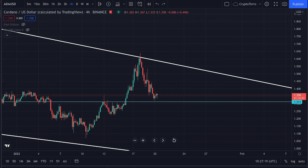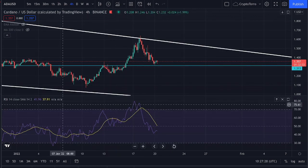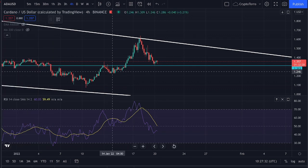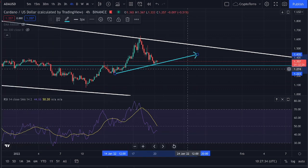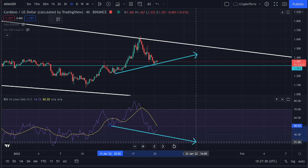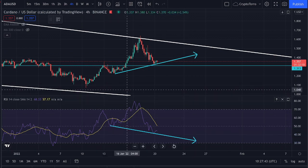Also, let's take a quick look immediately at what we are currently seeing on the RSI on the 4-hourly time frame. If we enable the RSI, what I think is actually looking absolutely marvelous is that we are clearly experiencing a bullish divergence. The reason why is because we are seeing a higher low on the chart, and at the same time we are actually seeing a lower low on the RSI, meaning that therefore we are right now experiencing a bullish divergence,